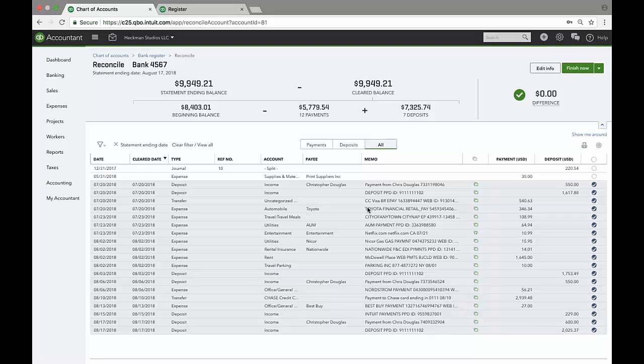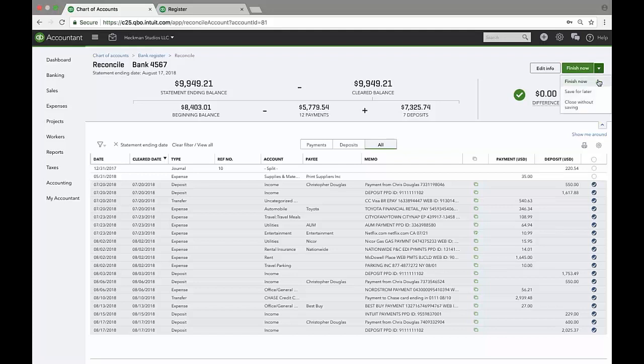So we don't have a lot to do here, right? Because we know these transactions happened at the bank. We know there's a couple of things sitting in here that I probably need to look at and make sure that they are wonky. You know, maybe they were accidentally coded to the wrong bank account and they shouldn't even be here. So long as all these details match up along the top to what I'm looking at on the bank statement and everything down here looks correct next to the bank statement, I should have a $0 difference